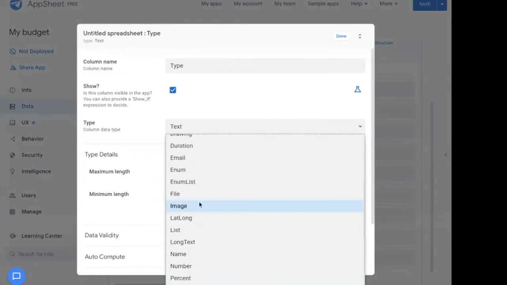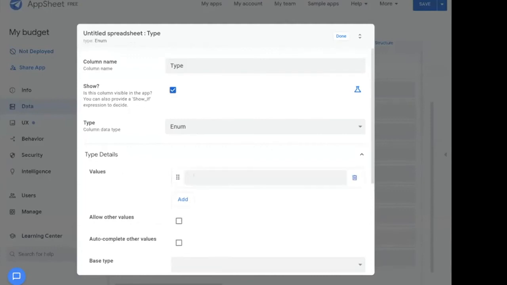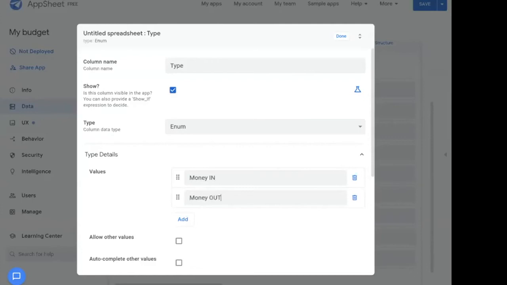Enum is the option here, which means I can specify exactly what values I can insert for that type. In our example, it was money in. I add the values here. You can feel free to add other things. Money out. So those are the types of transactions I want to see in my budget. Money in and money out.